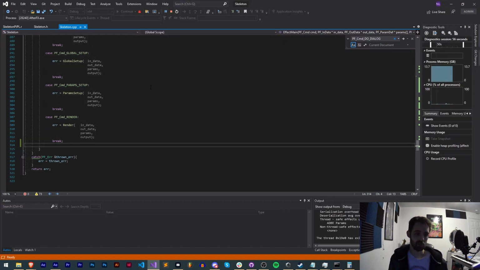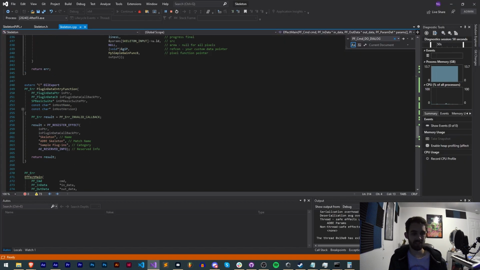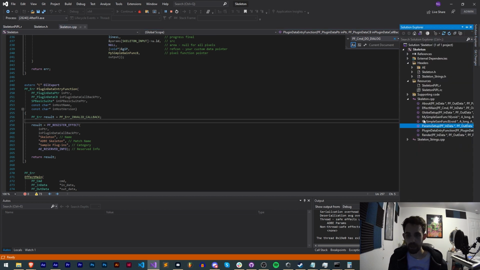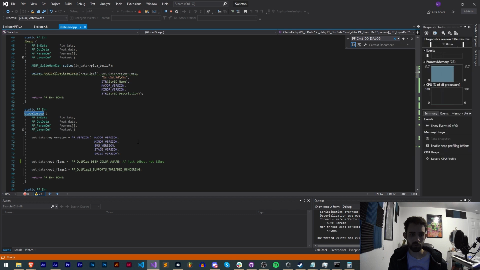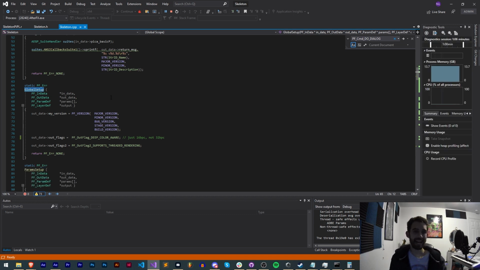So I have here just the base code, and this is just the skeleton project, which is in the effect skeleton examples. And the first thing I'm going to do is go to my global setup. We first need to define the I Do dialog out flag. This is an out flag one. So if you already have an out flag, to add a second one, you just add a vertical separator here,